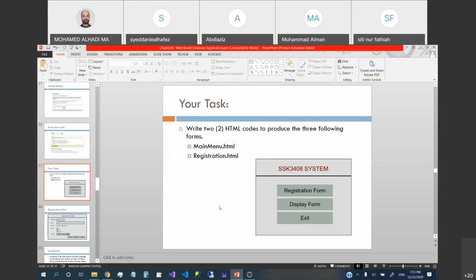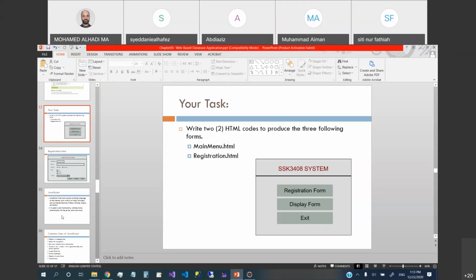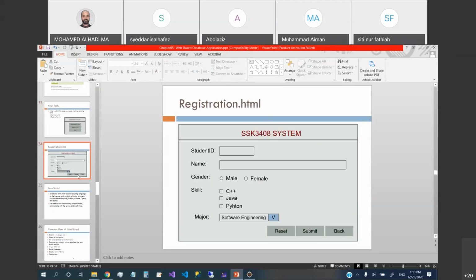When we click on display form, it should show a different thing. And this form actually is the main menu. And when we click X, it's supposed to close the tab. Okay. So here is the